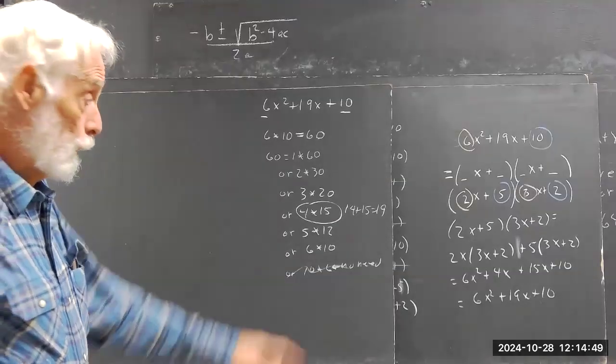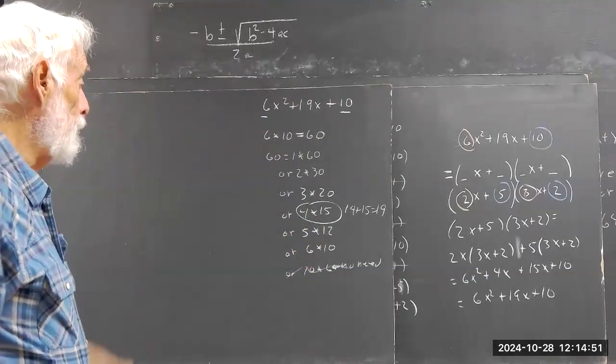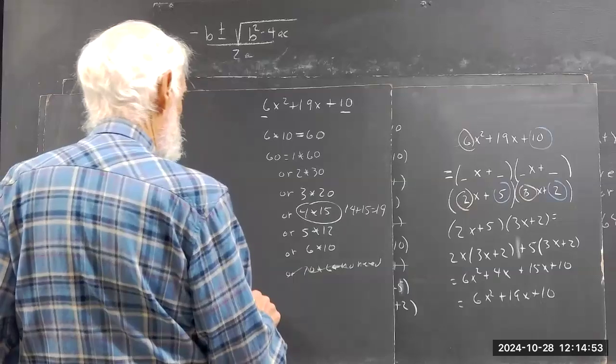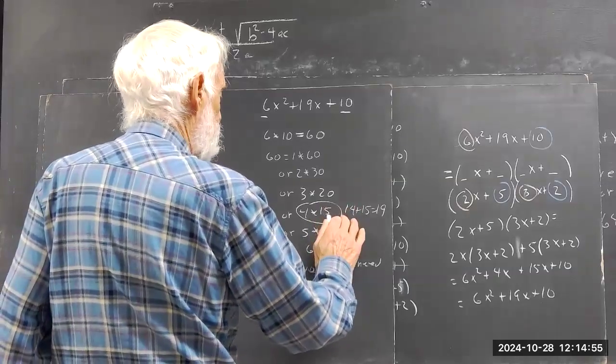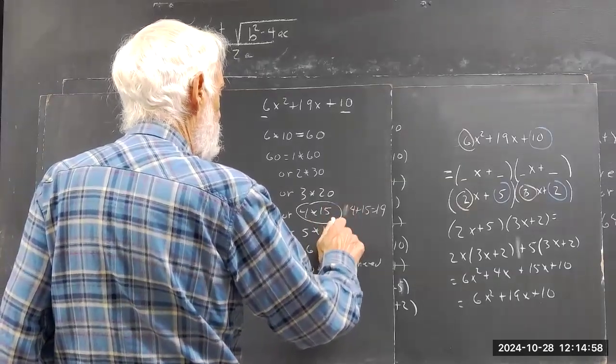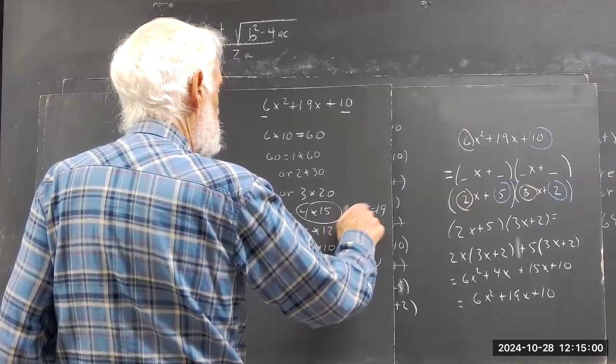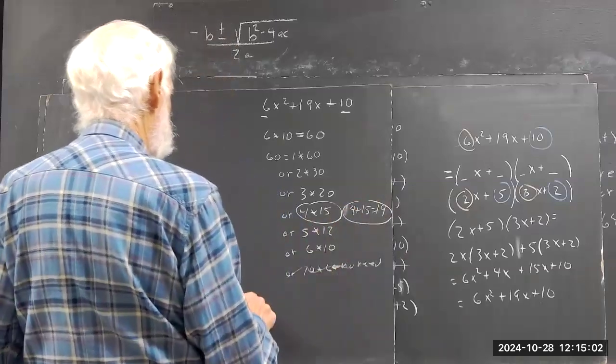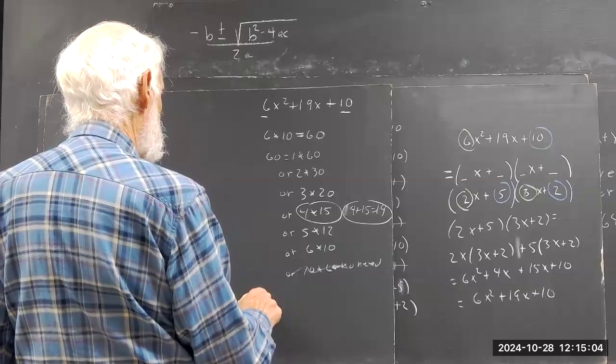Okay. 4 and 15 add up to 19. 4, 15. So we write